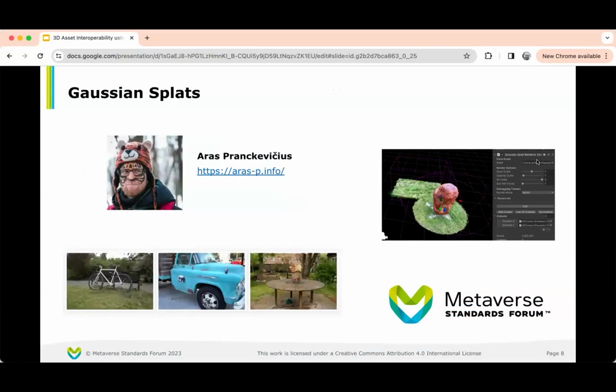And now, without further ado, we've been looking forward. We've seen a lot about Gaussian splatting, I think, over the last 6 months. We're very lucky to have Aras P with us here today, who's been hands-on experimenting with it in Unity and wrote a series of blogs about Gaussian splatting and ways that we might be able to represent it really efficiently and compress it. Even some ideas for where it might land in a standard.